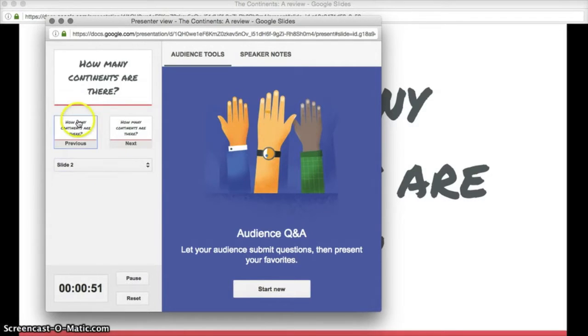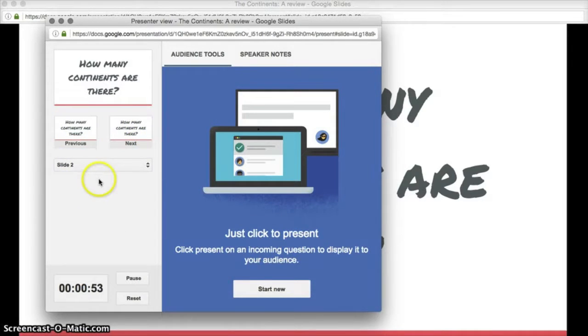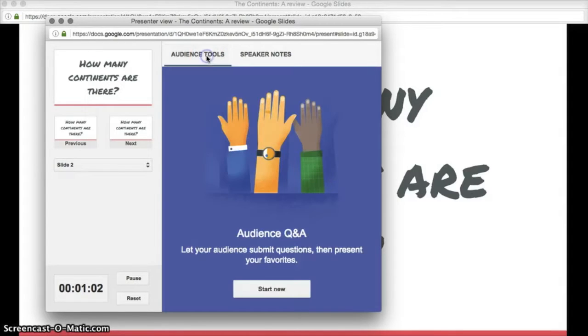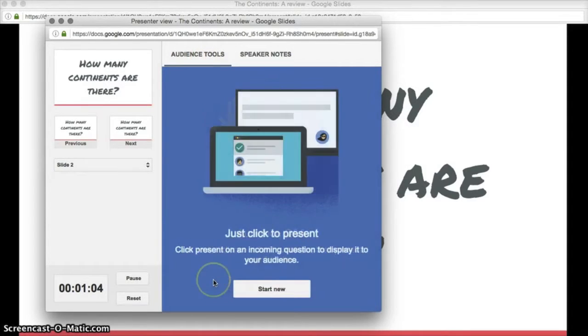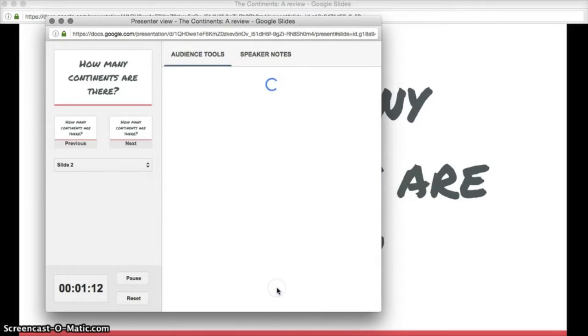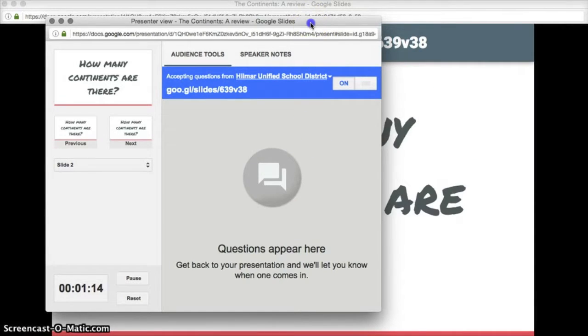So on the left there you'll see the current slide. Underneath that you'll see the upcoming slides, and you'll have a space to put speaker notes if you'd like. And then at the top you'll also see audience tools, and that's the place where we're looking at for today. So what we'd like to do is click on the audience tools, and then underneath that you'll see that there's a Start Now button. So I'm going to go ahead and click on that,